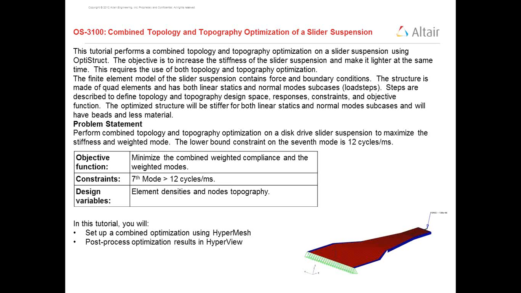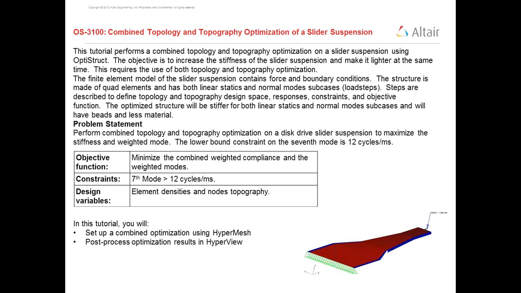The finite element model of a slider suspension contains force and boundary condition. The structure is made of quad elements and has both linear static and normal mode subcases. Steps are described to define the topology and topography design space, responses, constraints and objective function. The optimized structure will be stiffer for both linear static and normal mode subcases and will have beads and less